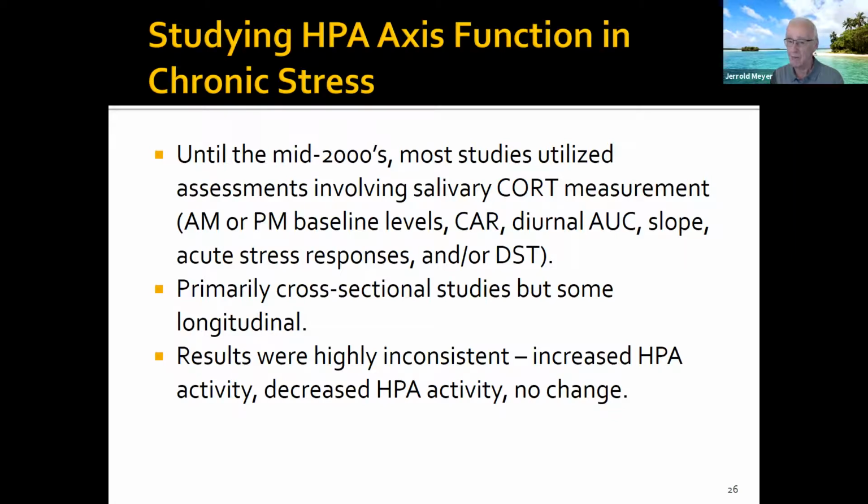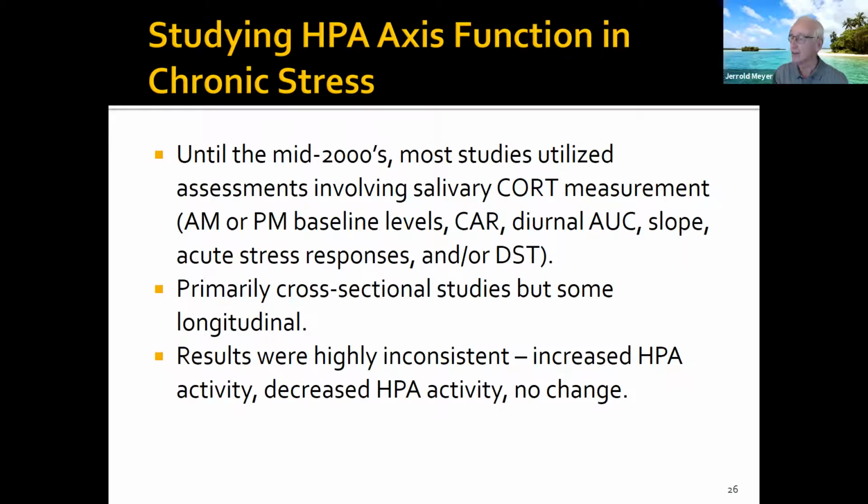And I don't want to imply, before I go on, that now that we're using hair cortisol, everything is all consistent, because it's not. So I'm not trying to say that we've solved that problem. But nevertheless, talking about using salivary cortisol,